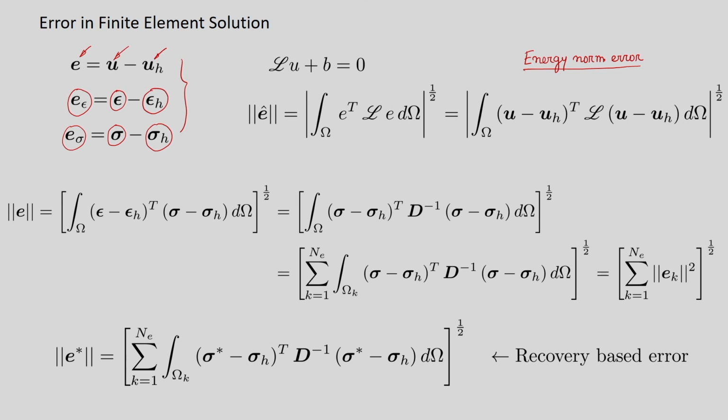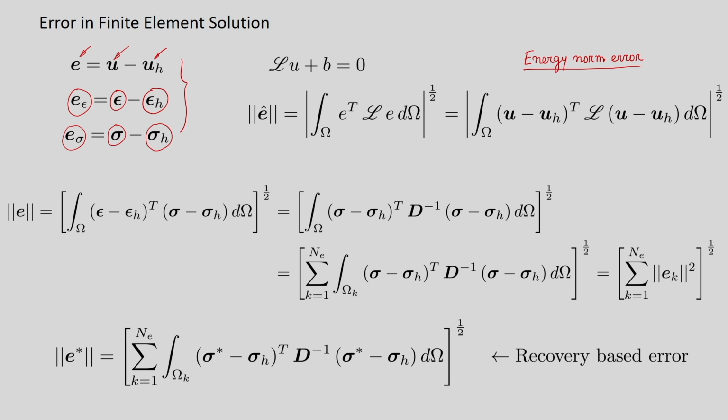Even one component of the solution can be large at a certain portion of the domain, whereas another portion of the solution can be erroneous in another portion of the domain. So, it can be like that. So, this does not provide a means to quantify the error as a whole.